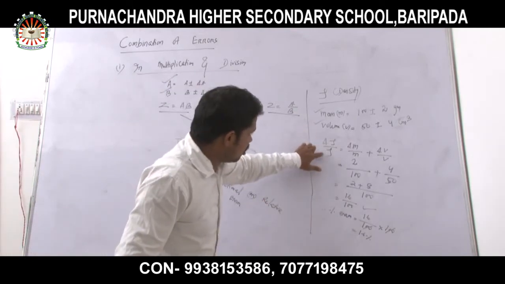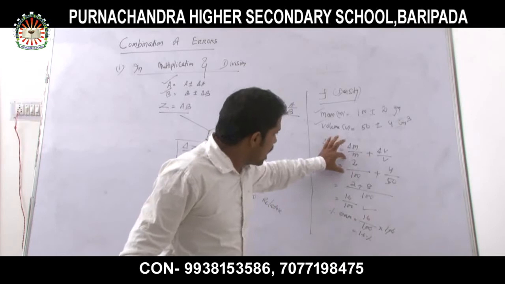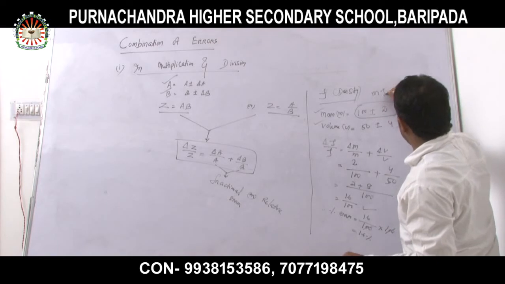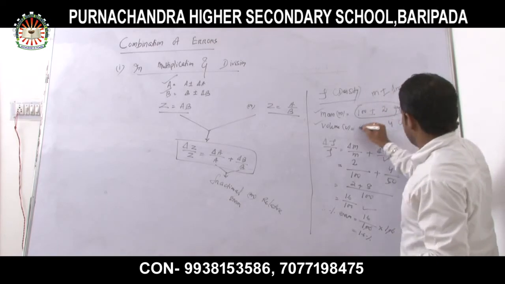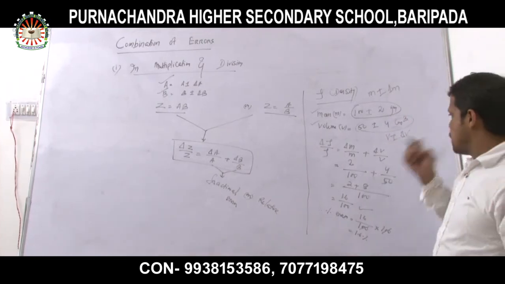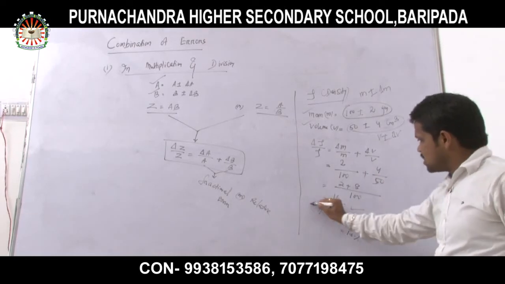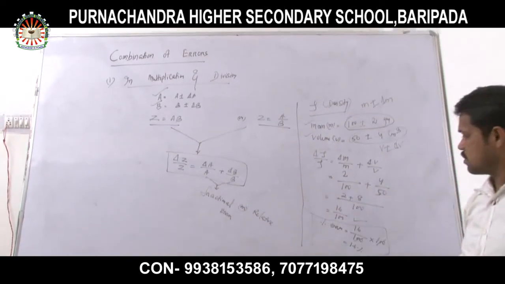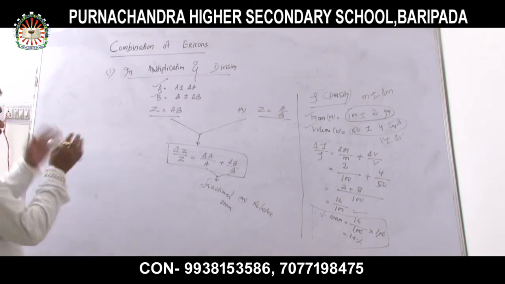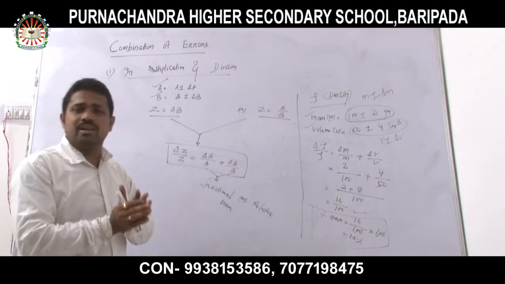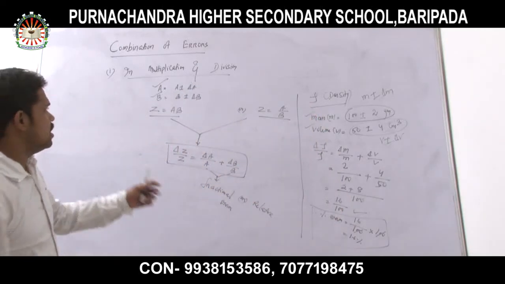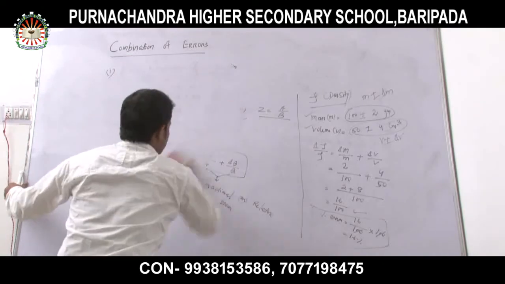Again I will repeat. So del rho by rho is del m by m plus del v by v. I will put the values here because these can be represented as m plus minus del m, and these can be represented as v plus minus del v. Very simple. Understood? Okay. So we can solve this, and the last thing is my percentage. Clear all of you, dear students? Okay. So this is how we can combine the errors in multiplication and division. Understood all of you? This is the problem, how to solve this. Look very carefully. And in the last one.